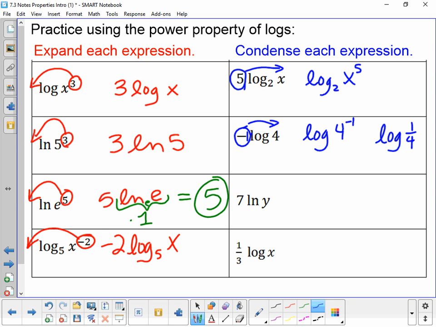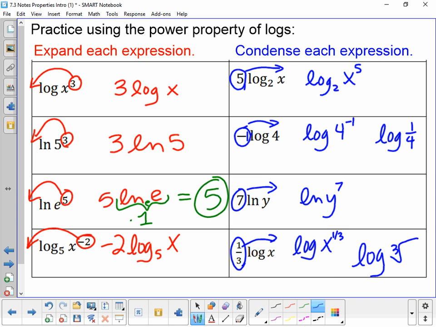7 times the natural log of y. If we condense that, it would be the natural log of y to the 7th. 1/3 the log of x. We could bring that up as the log of x to the 1/3 power. Now, fractional powers can be thought of as roots, so that would be the same, if you wanted, as the log of the cube root of x, but don't panic if you don't get that. It would be fine to write log of x to the 1/3 as well. Okay, so that is the power